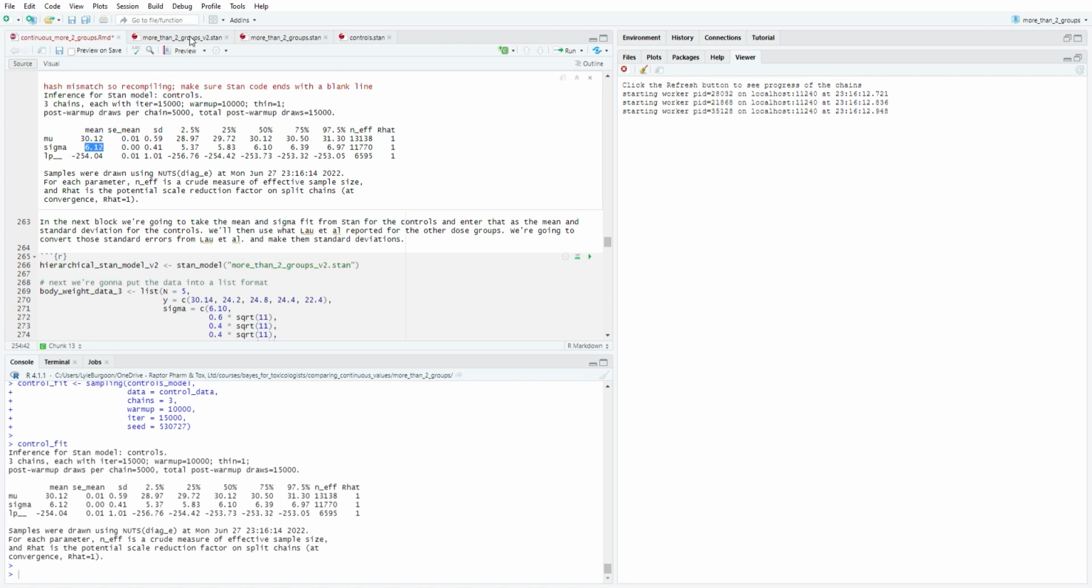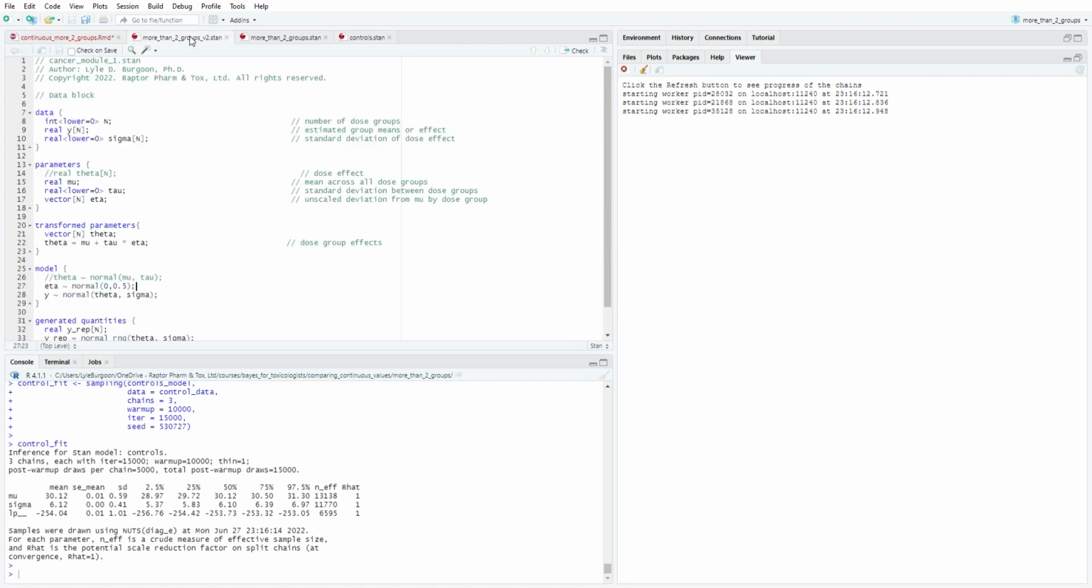We're going to use this more than two groups v2.stan file. We had to change the Stan file for this particular analysis because, again, we're using the means and the standard deviations that Lao calculated. So we need to restructure the file for that. So n here's the number of dose groups, yn is our estimated group means or effects, so the means. Sigma n is the standard deviation of the dose effect that Lao calculated. Here we've got mu, this is the mean across all dose groups. We have tau, which is the standard deviation between the dose groups, and eta, which is the unscaled deviation from